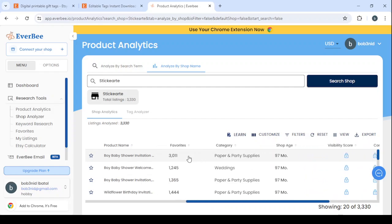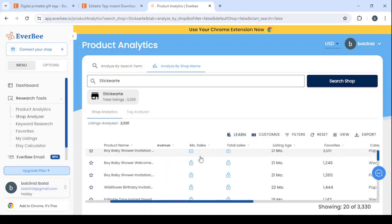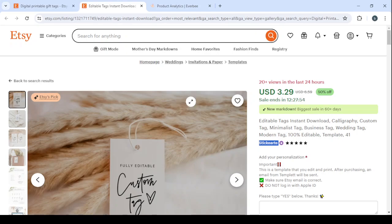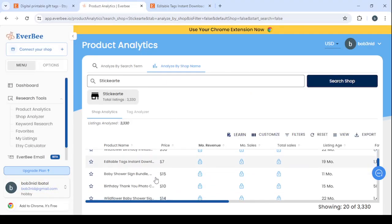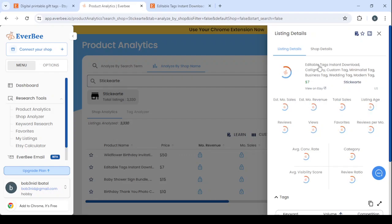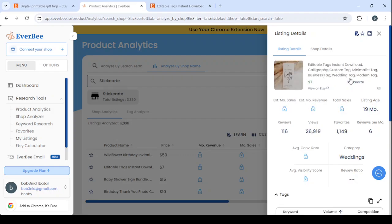And here, let's choose a product to spy on. So here we have editable tags, instant download. I think this is the product we are looking for, even though it's not the same product, but still it's something like it. So here, let's check this product to see the details. Editable tags, instant download, and here it was listed 19 months ago, and the reviews 116,